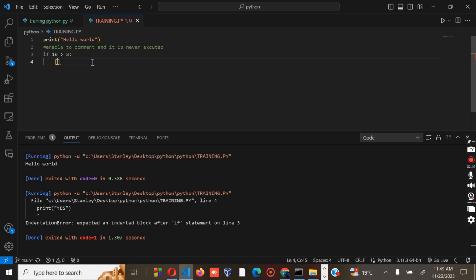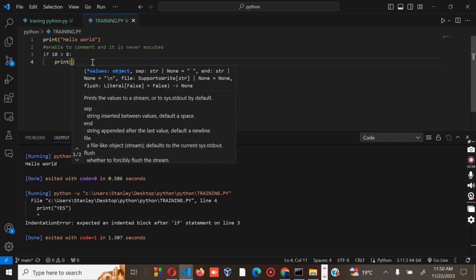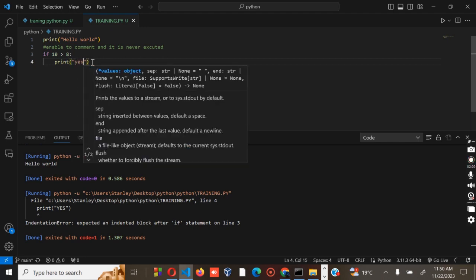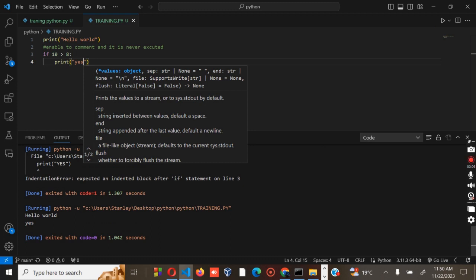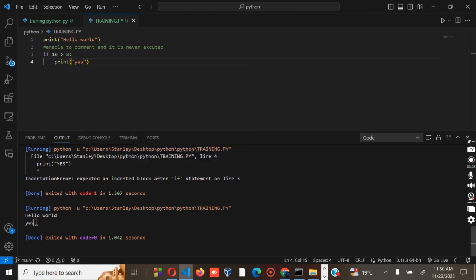Okay, so we have a print. You print yes, then you run your code. Let me see what I have. As you can see, this is the output that we have.